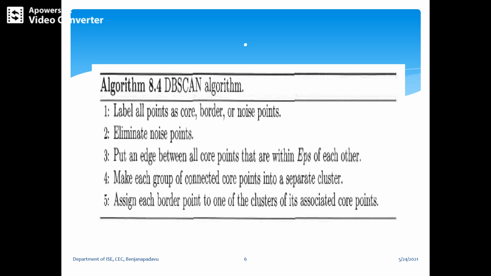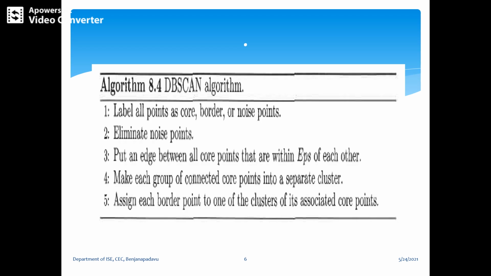Then assign each border point to one of the clusters of its associated core point. Here we are taking the radius to be less than or equal to 7, with a minimum number of points. Based upon that we take the radius. So this is the five-step algorithm, which repeats for all the remaining points.